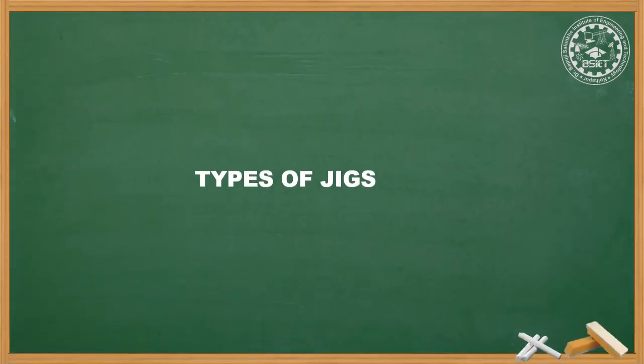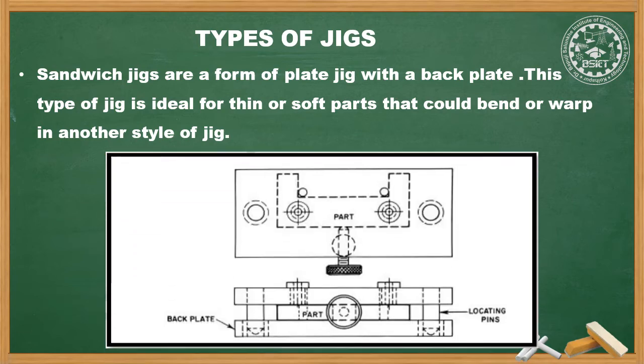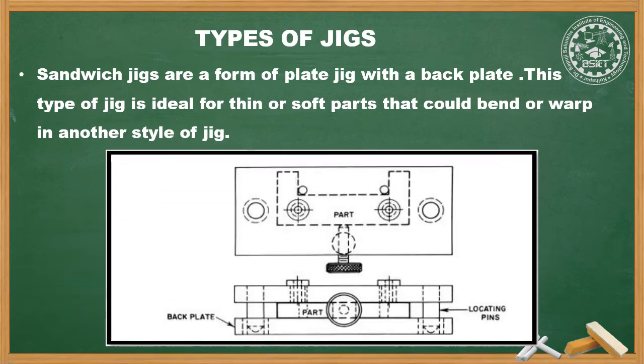The next type of jig is sandwich jigs. Sandwich jigs are a form of plate jig with a back plate. This type of jig is ideal for thin or soft parts that could bend or warp in another style of jig. As shown in the figure below, there is one back plate on which the locating pins are mounted,